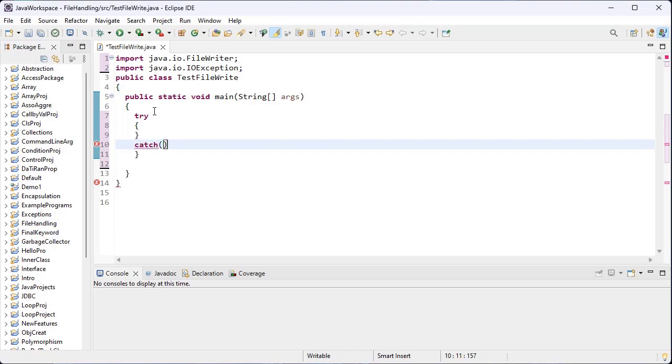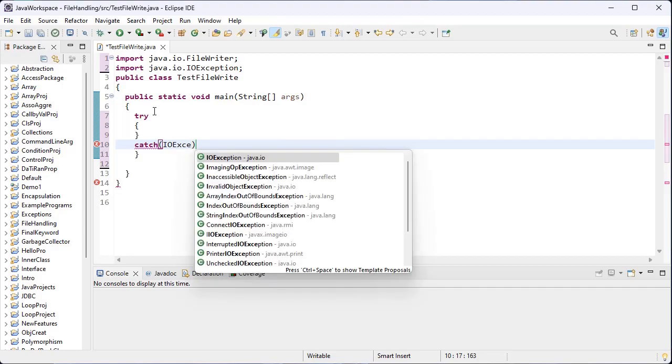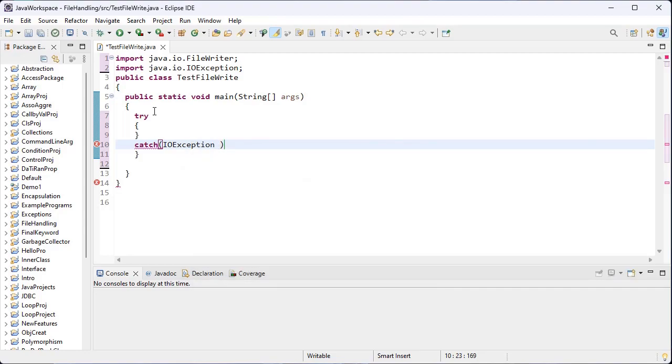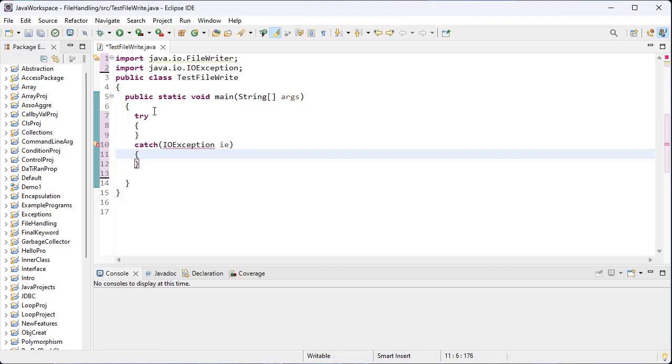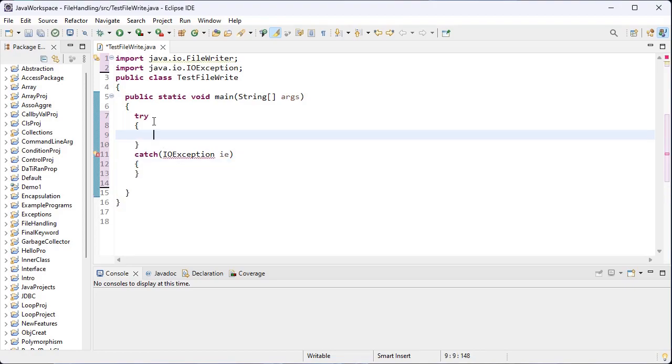So inside the round brackets I pass the IOException and the name of the variable, whatever we want we give. Here I give IE. Now I create the object for the FileWriter class. Okay, FileWriter is the name of the class and FW is the name of the object for the FileWriter class,